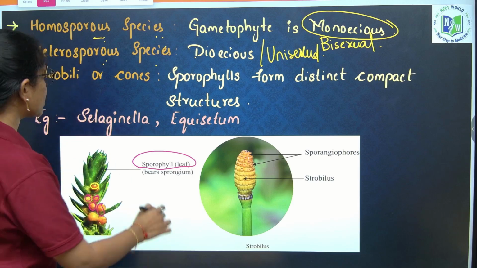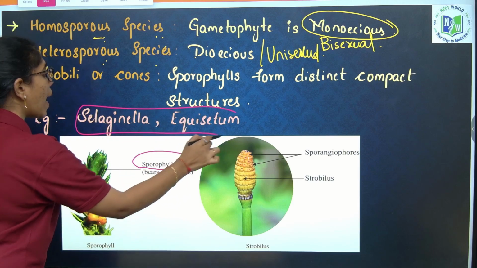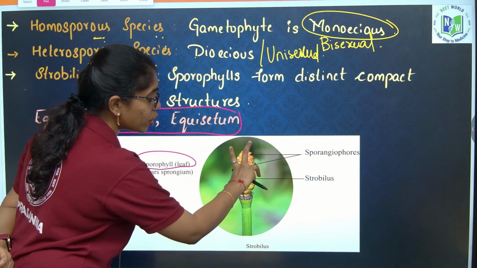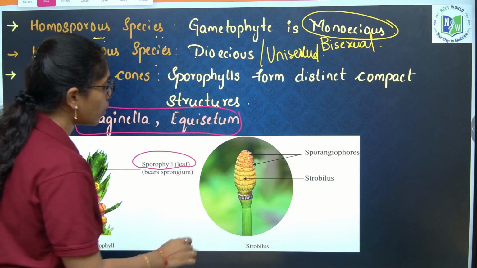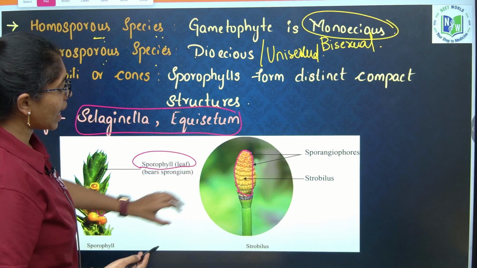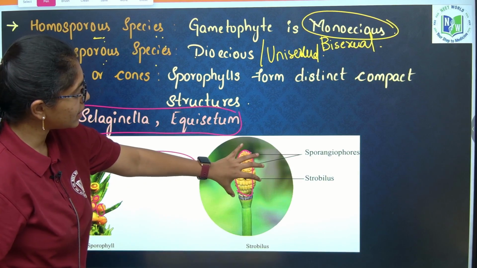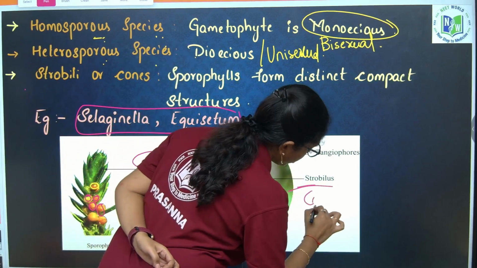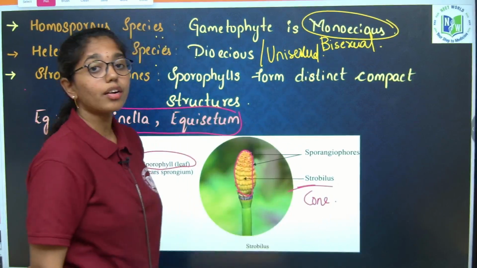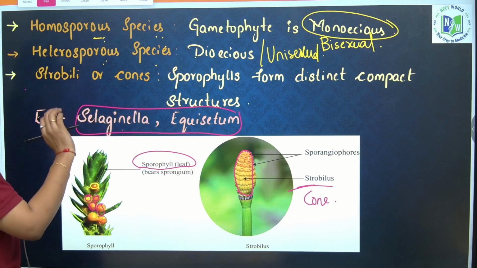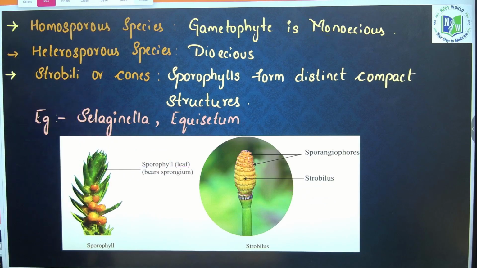But in few plants like Selaginella and Equisetum, this sporogenous tissue is in compact strobili. It is in what, Nana? Compact shaped strobili, wherein the sporogenous tissue is organized into a compact structure, you will call it strobili or cone. Strobili or cone-like appearance you will see in Selaginella and Equisetum. Next,